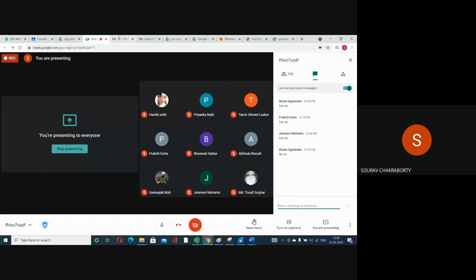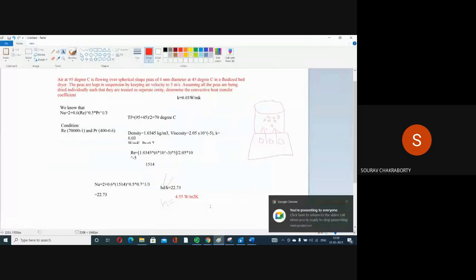Okay. So let me finish it further. Next we'll see, this is the problem we have solved, and if we have a case of free convection, because whatever equation we have discussed till now is for forced convection. Forced convection means the convection is occurring and you are applying some external force, for example a fan or some agitator you have provided in the system, and due to this you are getting forced convection. But if you have natural convection, in that case what will be the equation? That also we need to check.